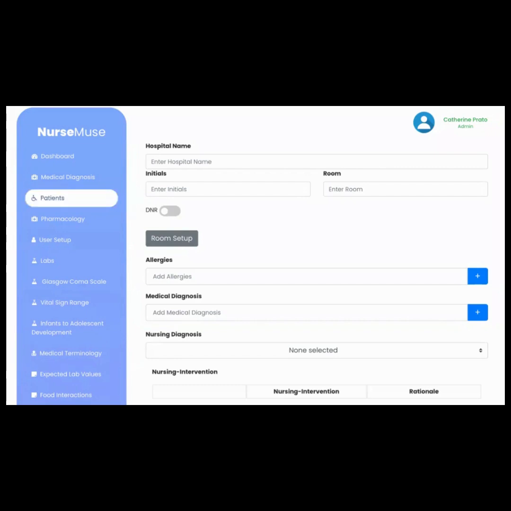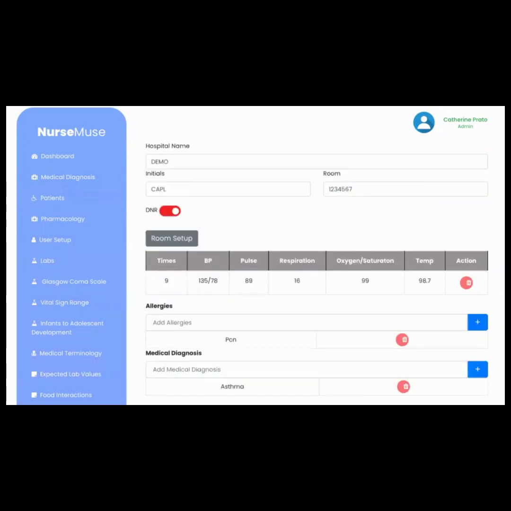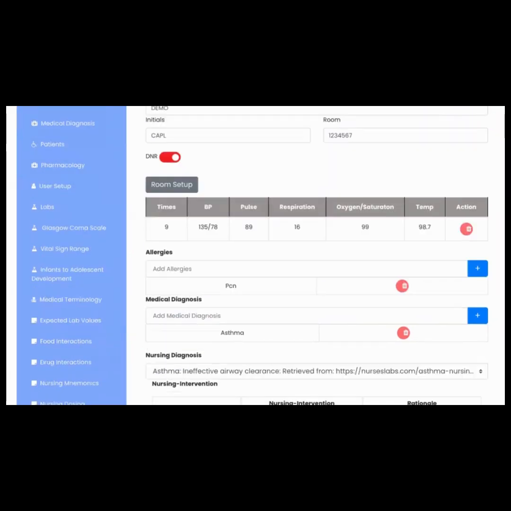So what I've done is I have already created a patient for demonstration purposes with all of the information set up. So we have the hospital name, the initials of the patient, the room number. If the patient is a DNR, there's a radio button here that can be added. Here are vital signs that I've already entered. Our patient here has penicillin, but if you were going to enter